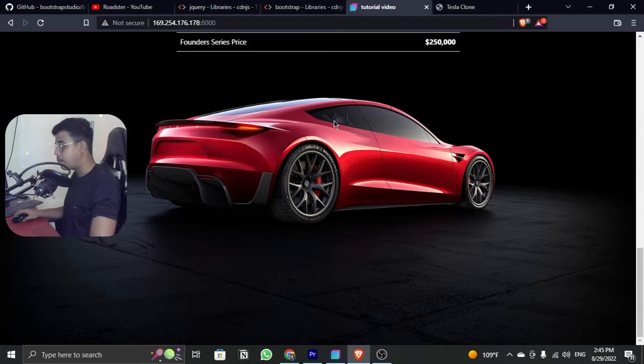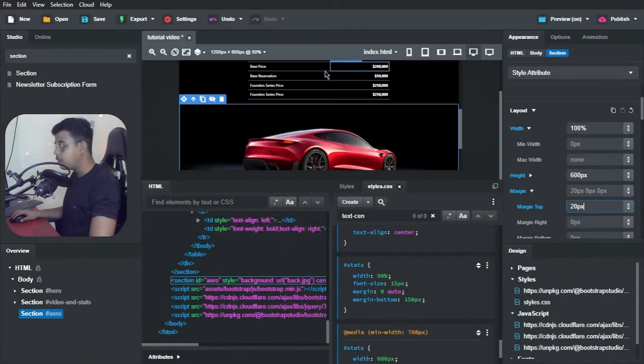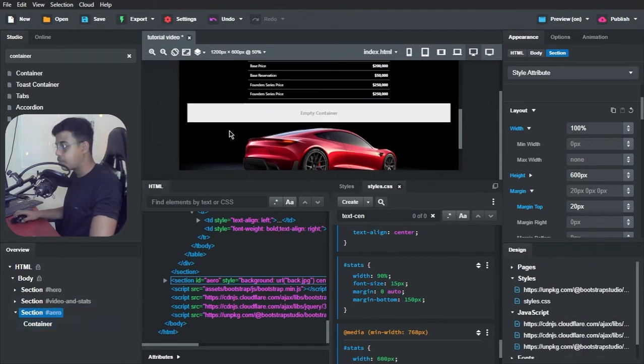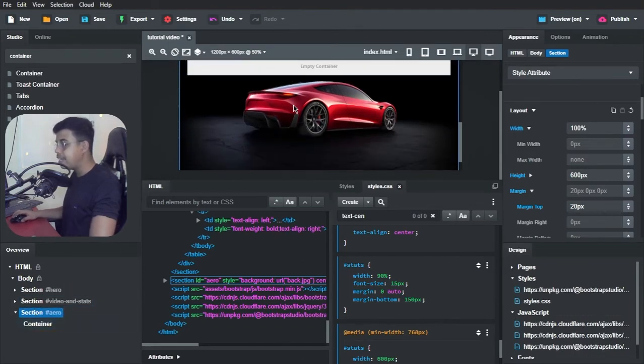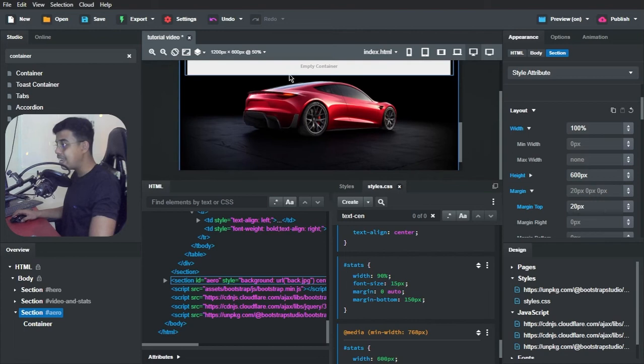Now we are going to be adding a container in which we are going to be having these two columns inserted in it with a text. So for that, we are going to be searching for a widget that is known as container, and we're going to be dragging that container widget inside our section. As you can see, we got our empty container displayed at the top of our section, but what we need is to centralize it in our section. That means we need our empty container to be in the center of our image, that means our section. So for doing that, we are going to be selecting our section, come to the options tab,